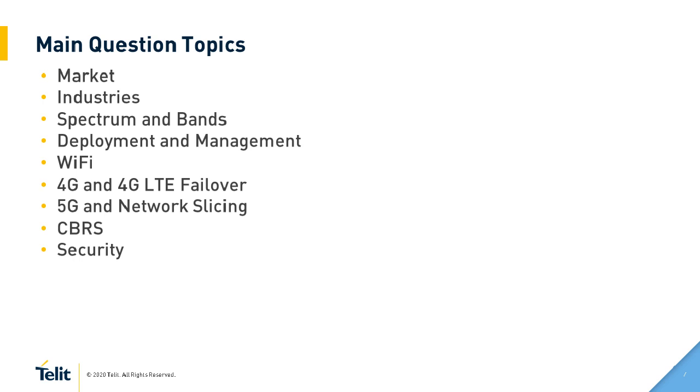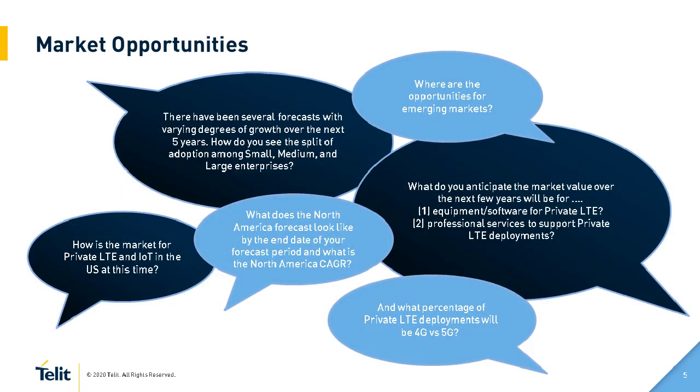So Safi and I will be sharing these. If there are further questions arising in this session, we'll get back to you afterwards with our responses. So this session will be primarily to respond to questions we've already had, trying to get to grips with those. So we'll see how we get on. So the first section is on the market,